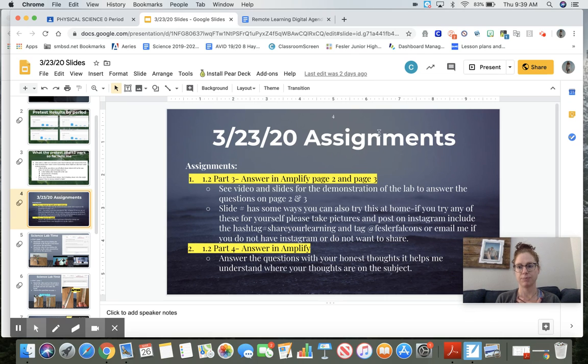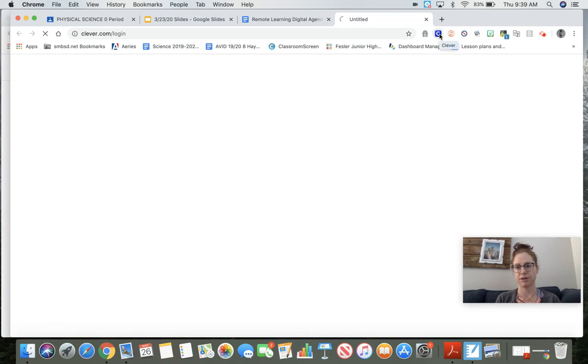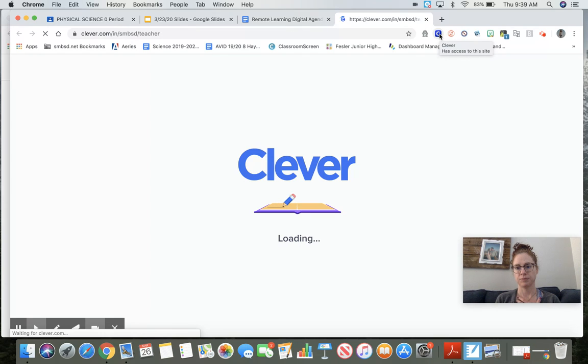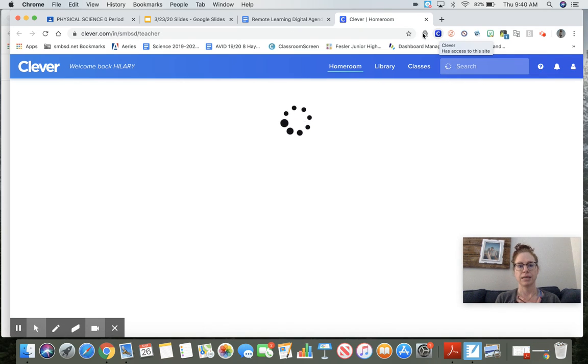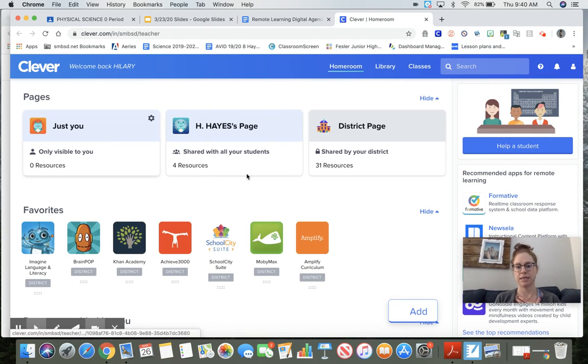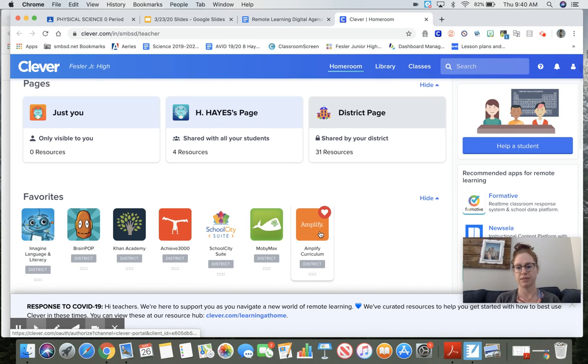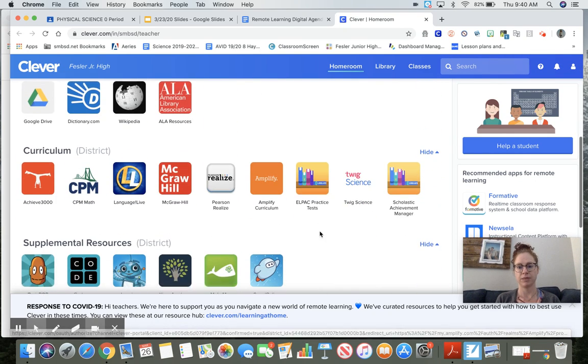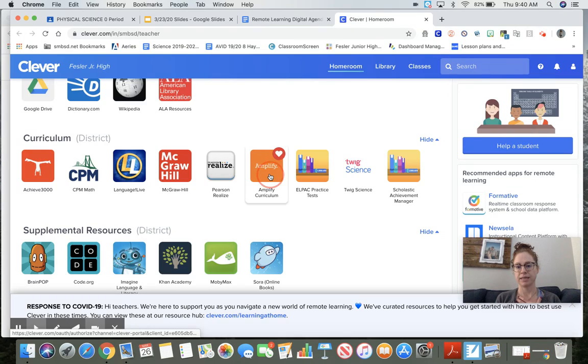I'm going to show you how to get to Amplify. It should automatically log on if they have a school Chromebook, but if they're in Google, they can press this little C up here. That's Clever. Then a whole bunch of things come up. Amplify is this orange one. I have it in my favorites, but they might have it down here. When they click Amplify,